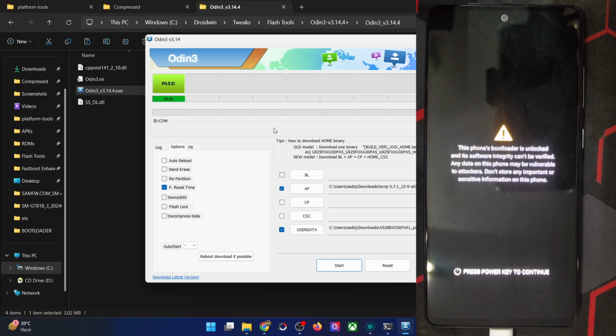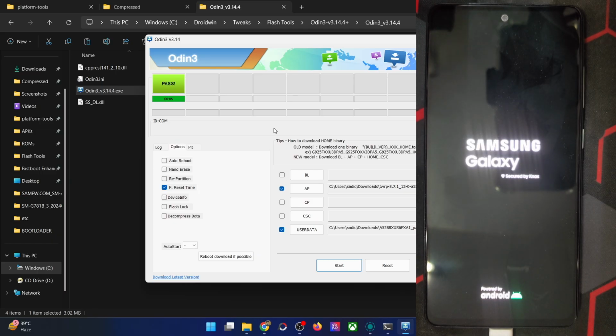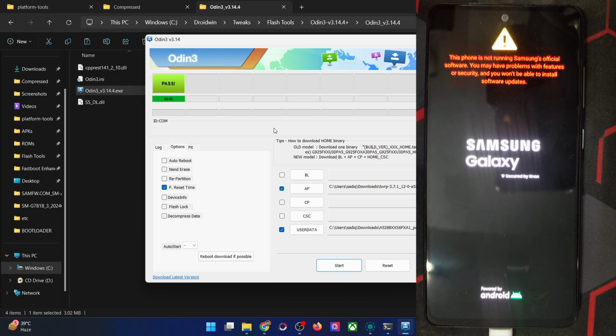Just wait for the phone to boot to the OS, and then we will have to again boot to the recovery mode, and from there we could then flash the ROM file. So let's wait for the phone to boot up. Do know that as of now the phone boot up will take up quite a lot of time because we have done a format data, so it's quite obvious. So let's wait for the phone to boot to the OS.